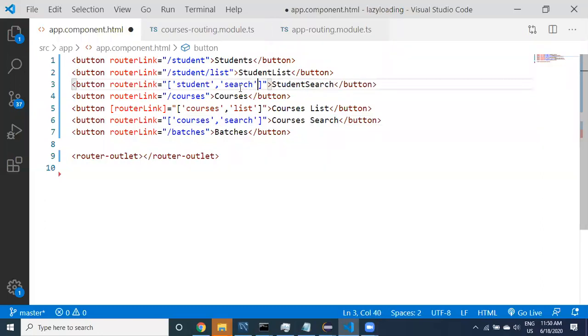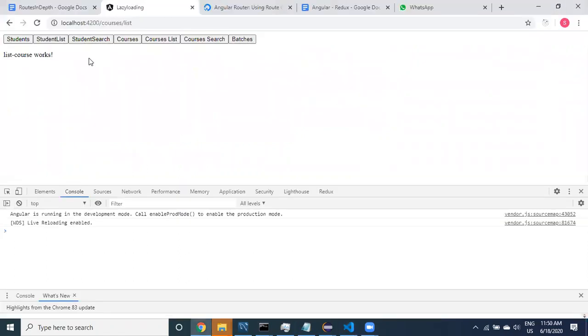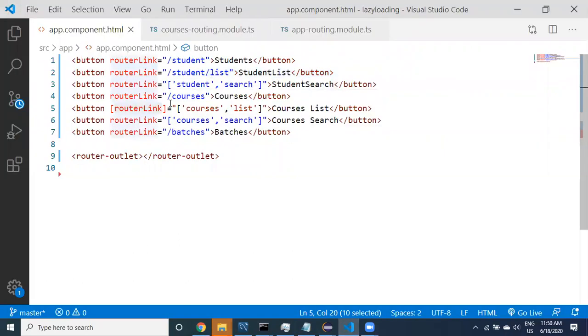See now here, property binding, right? Let's look at it. This is the property binding. For them I did not provide property binding and all. You can provide directly. Whether you provide this property binding or not, it is going to work. I just want to show you different approaches. However you would like to provide, you can do it.